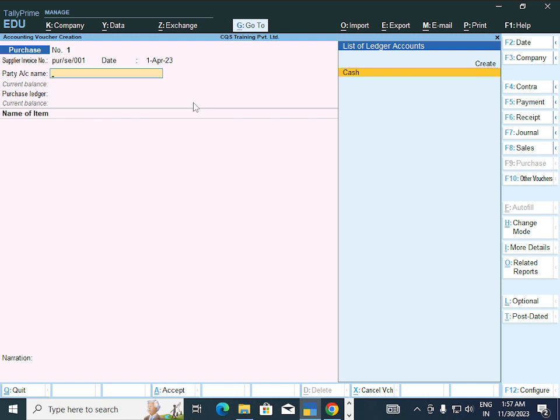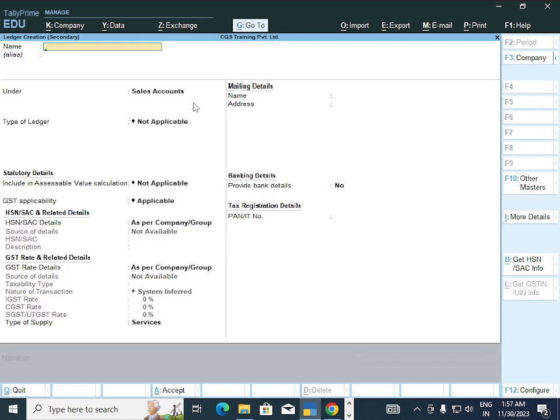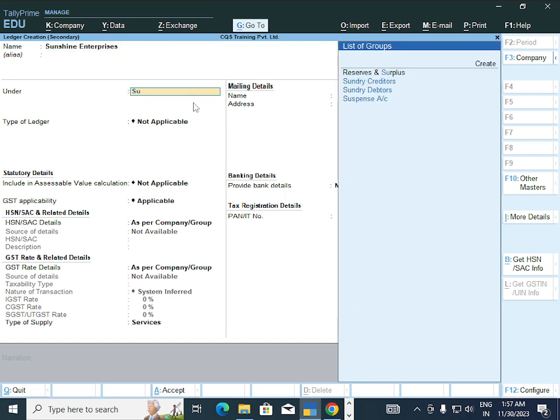For the purchase party name, we need to create it. Press Alt C, or you can select the create option. Sunshine Enterprises. Sunshine Enterprises is a sundry creditor for me, because our company, Sequest Training Private Limited, purchased goods from Sunshine Enterprises.